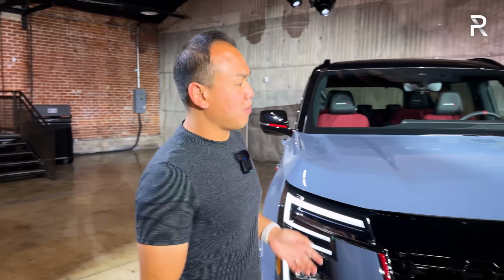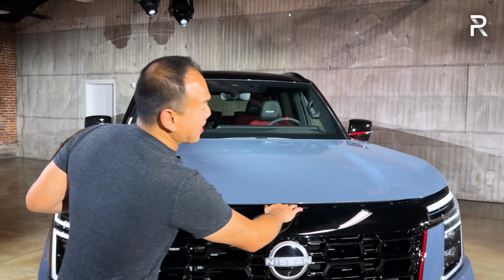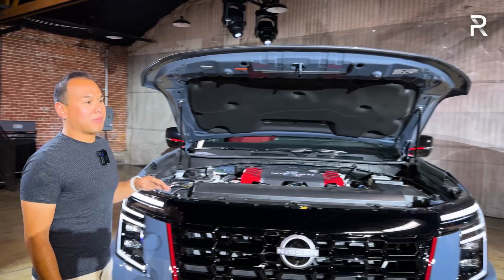So when Nissan introduced the all-new third-generation Armada last year, this was a long-awaited vehicle for the company because, as you guys know, the Armada is their flagship SUV. It's a truck-based vehicle built, of course, on the same platform as the Nissan Patrol. But since we're talking about a NISMO version, let's go ahead and pop the hood and talk about the powertrain,